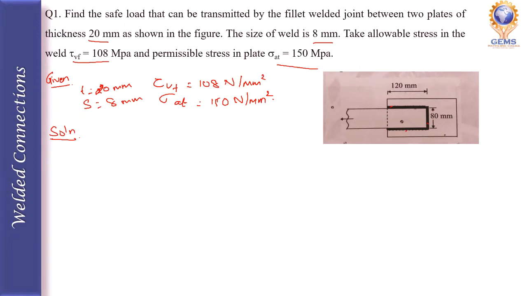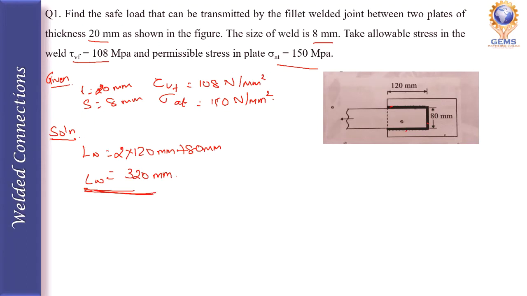So from the diagram, we can find the LW. LW definition is the actual length of the weld in the diagram. So in the diagram, what is the actual length of the weld? One side it is having 120 mm overlapping. It is 2 times. So 2 into 120 mm plus 80 mm. How much will it come? It comes to 320 mm. So this is the LW.